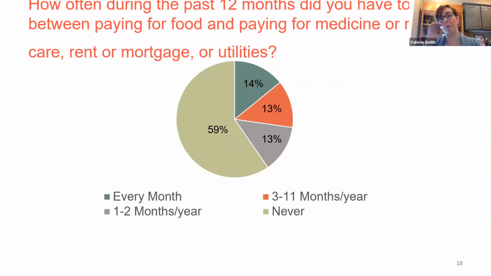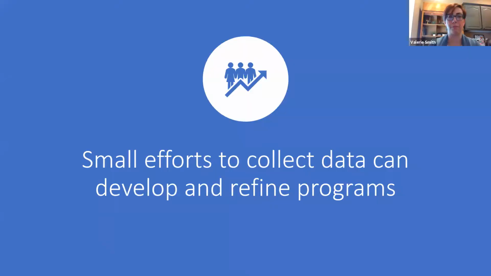And then this was that repeat of that question about how often during the past month or during the past year families have had to make a choice between food and other bills. You'll note that for 2019, that number went down a little bit for our community, which is great and progress, that only 14% reported needing to make those choices every month, and that a little bit larger percentage of our population said they never had to. I unfortunately anticipate that if we were to repeat this question in 2020, those numbers would be really drastically different right now, given the state of the world and our economy.